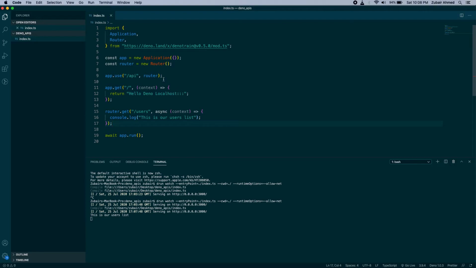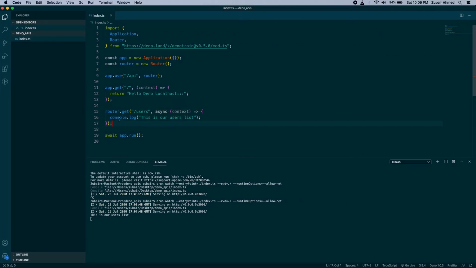We are defining this router here, and then we use app.use /API and router, and then we are using this function router.get. So okay, /users is not found, but actually our /users is getting called.